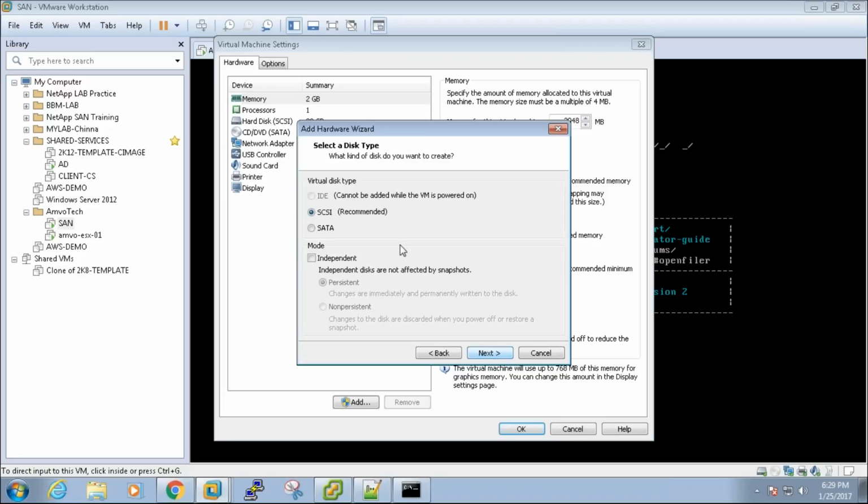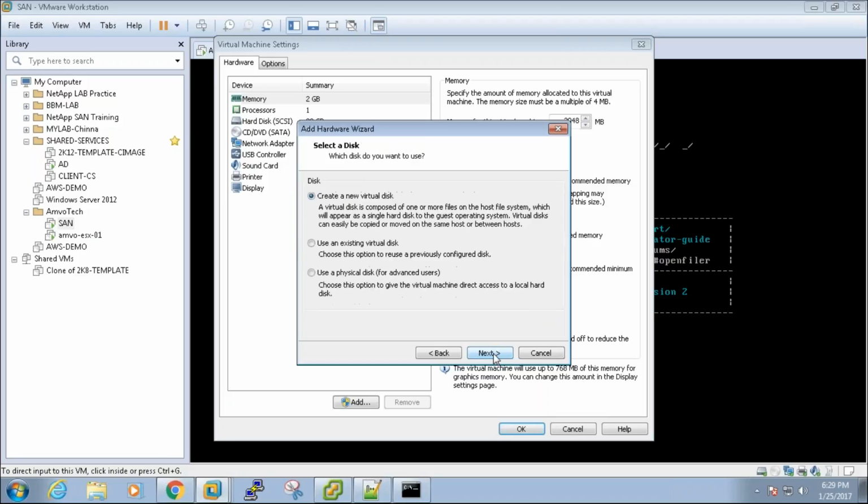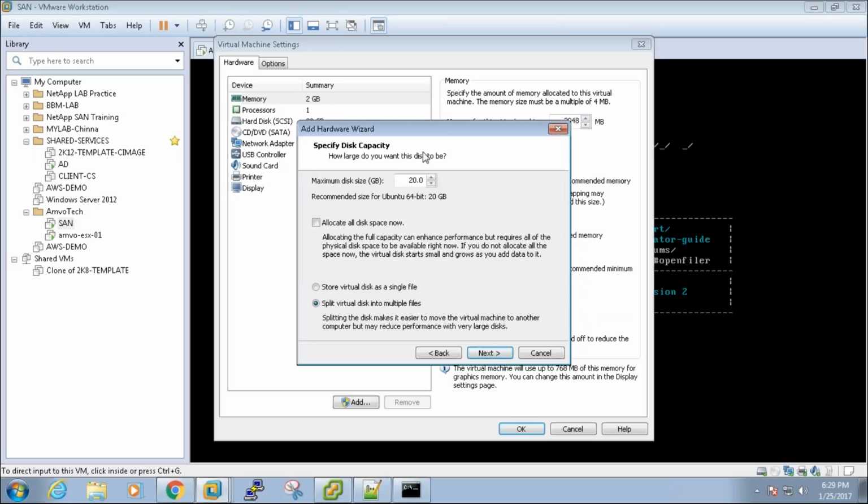Next, that is SCSI, the default settings. Say fine. You are creating a new hard disk. The size of the hard disk, let's say 100 GB. Now it will get stored in the same location as your machine. You might be thinking, what if I do not have 100 GB free space on my laptop?